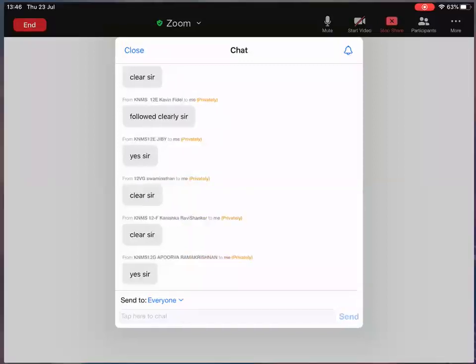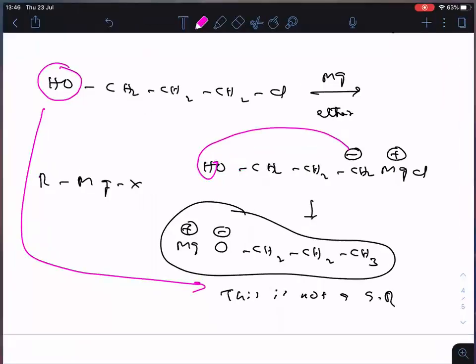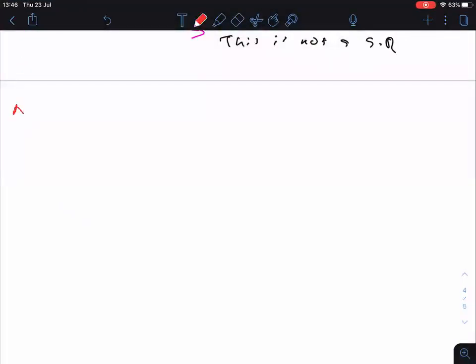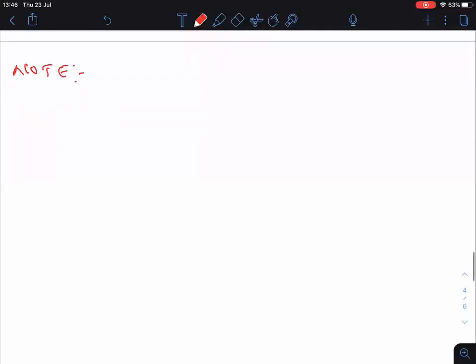Now, here, one more thing I want to tell you. Remember, write a note here. This is one of the previous JEE Mains questions also. So, write down, everyone. For example, if I take CH2, CH2, and here Cl, now let me take here Z. What is the Z? I will explain.